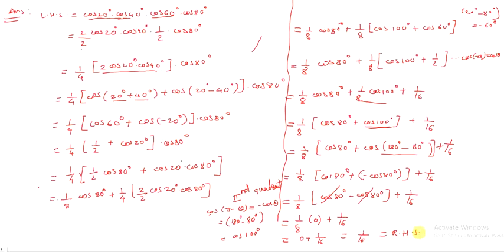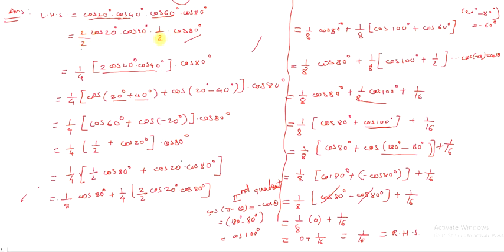So this is our required answer. You can see this is our required RHS. So it is not too difficult, only lengthy, and you can solve it if you see the steps very carefully. This is product form. So in product form we need 2, so multiply and divide by 2. We cannot use only 1 2 here, otherwise our equation becomes imbalanced, isn't it? So multiply and divide simultaneously.